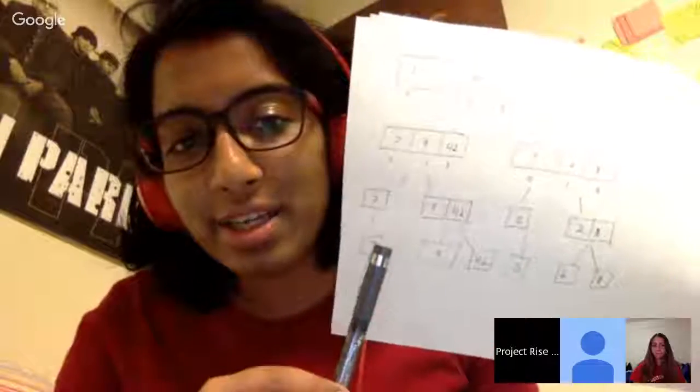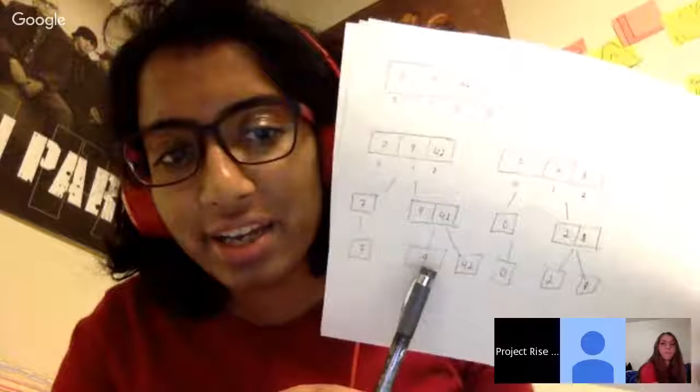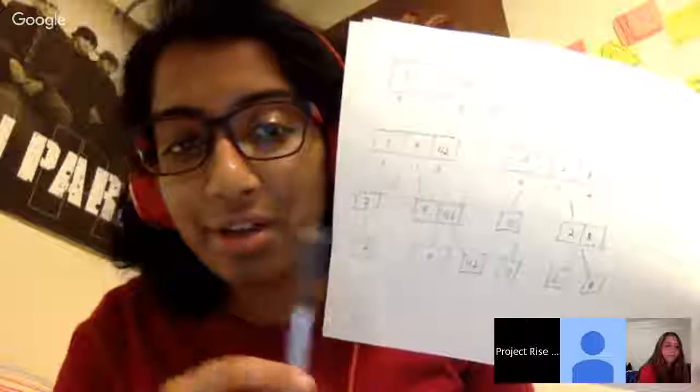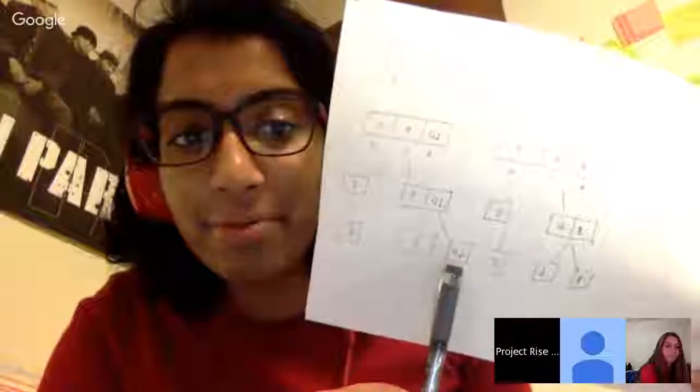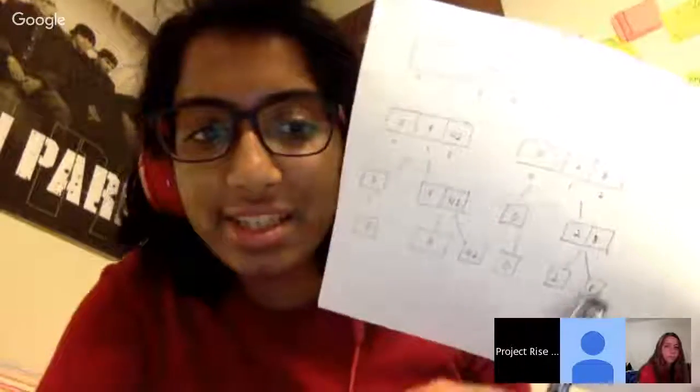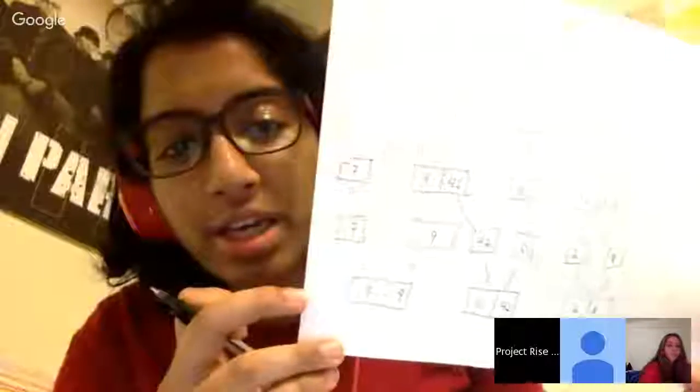So what I mean is, it's going to combine the 7 and the 9 into 1 array of size 2 and then make sure they're in the right order. And then same for 42 and 0, and 6 and 8. So when we combine them, we know 7 and 9 are in the right order. We would have to swap 0 and 42, and 2 and 8 are in the right order. So now what it's going to do is,